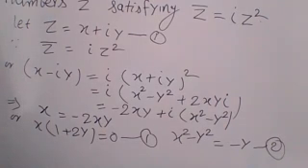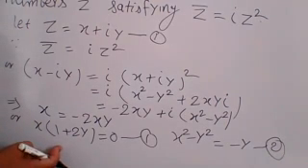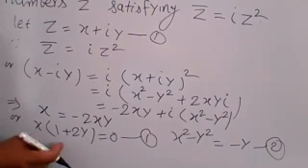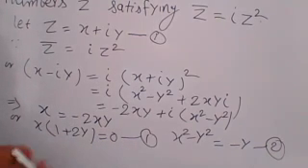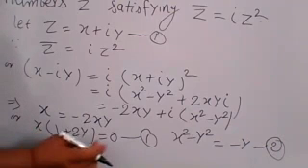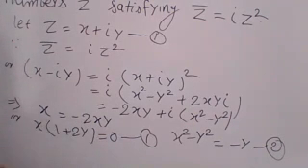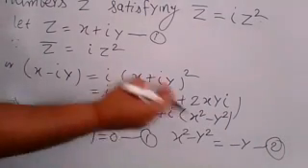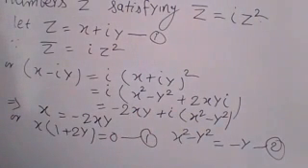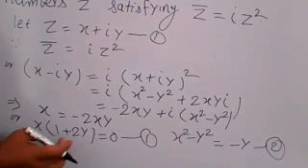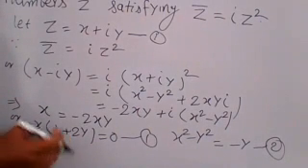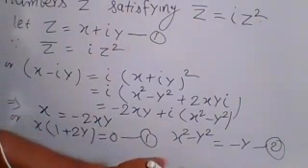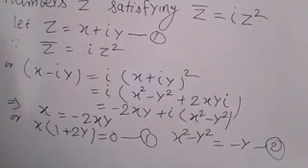Now come to the conclusion. How do you find your result? From the first equation, you see that the factors are x and 1 plus 2y, and the product is equal to 0. So there is a possibility that either x is equal to 0 or y is equal to minus 1 upon 2. If you take x is equal to 0, put that value in the second equation and find the corresponding value of y. In the same way, from the first equation you find the value of y, and from there you find the corresponding values of x. So here you solve it.